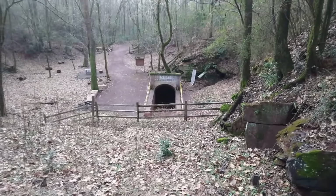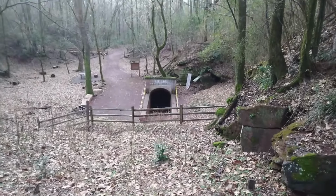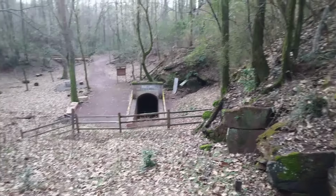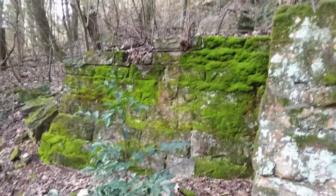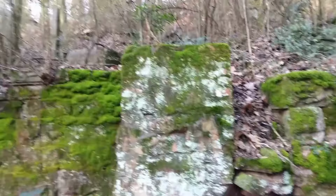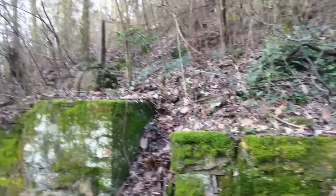Okay, let's look back down, looking into the slope of the entrance to the number 13 slope mine, or back in the 1870s, 1880s, 1890s, it was called Eureka number 2. So this right here is one of the original stone foundations to the old Eureka mine when it was in operation. Not sure, but it still has the bolts right there. But anyway,